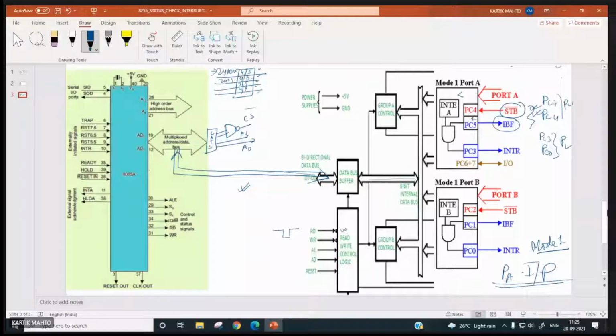So let us write the control word now. I will duplicate this slide first.